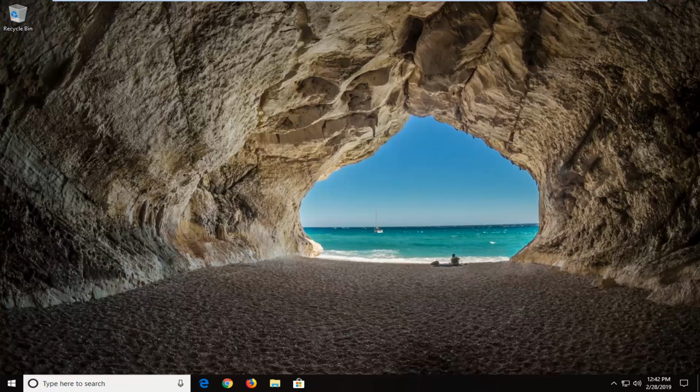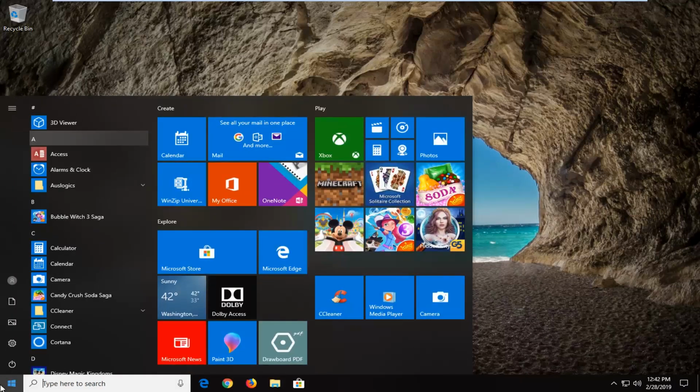In today's tutorial I'm going to show you guys how to verify if your system files and drives are digitally signed. So this should hopefully be a pretty straightforward tutorial, and without further ado, let's go ahead and jump right into it. So we're going to start by just opening up the start menu, left click on the start button one time, type in